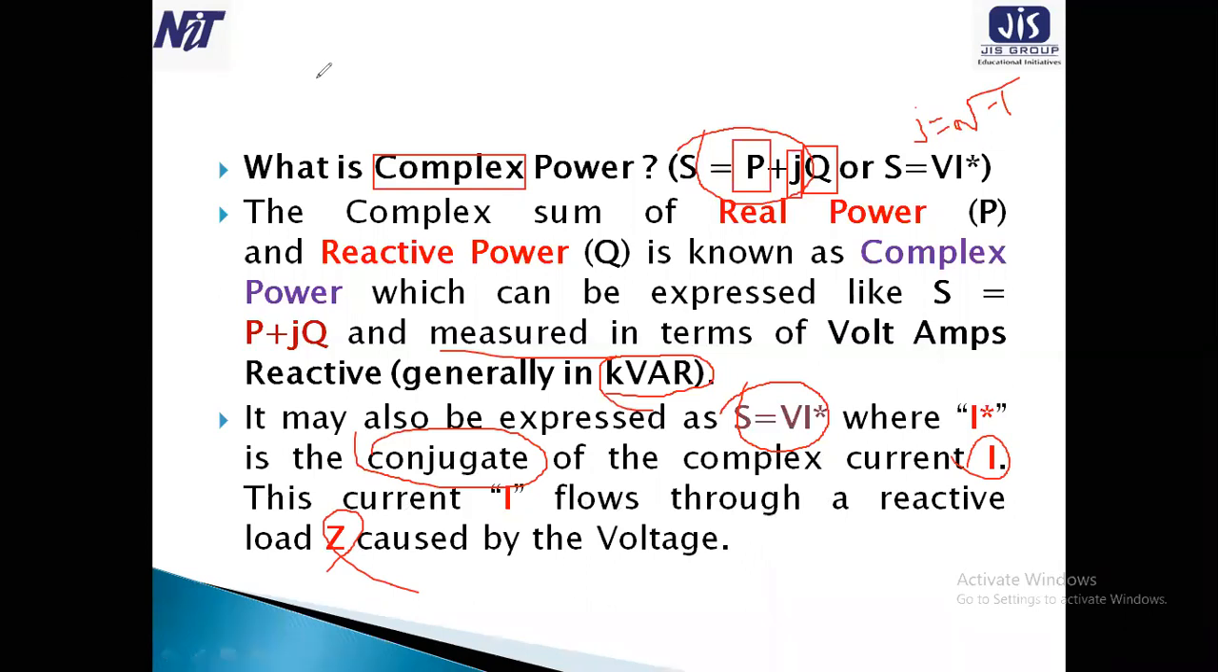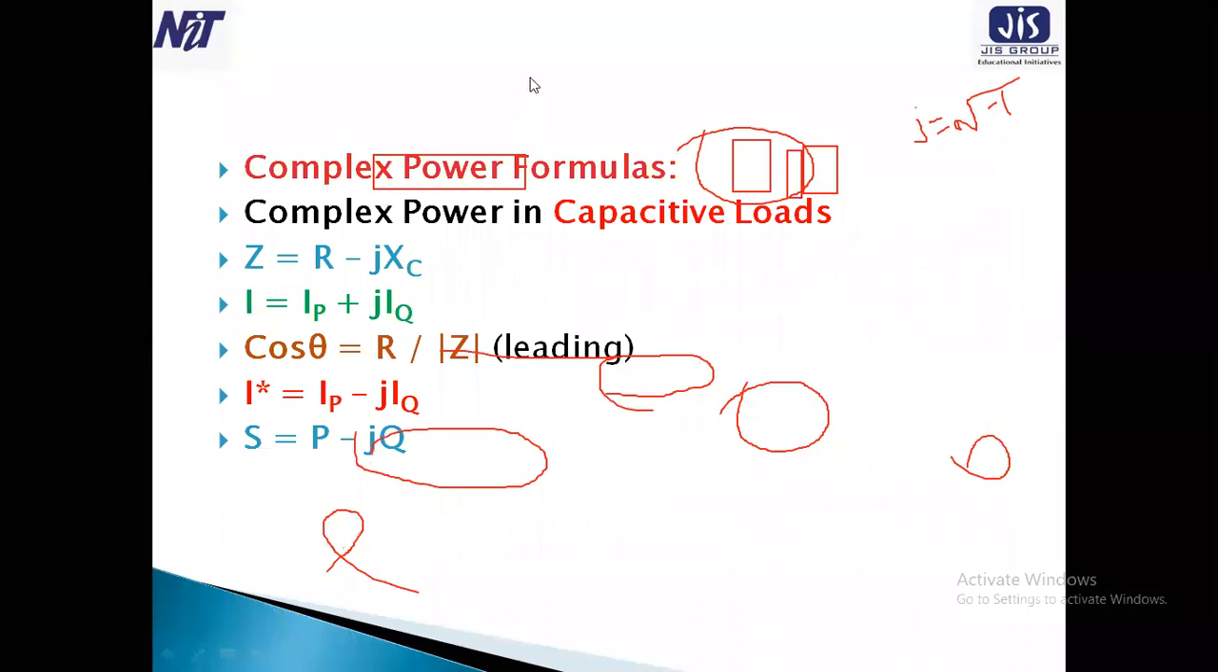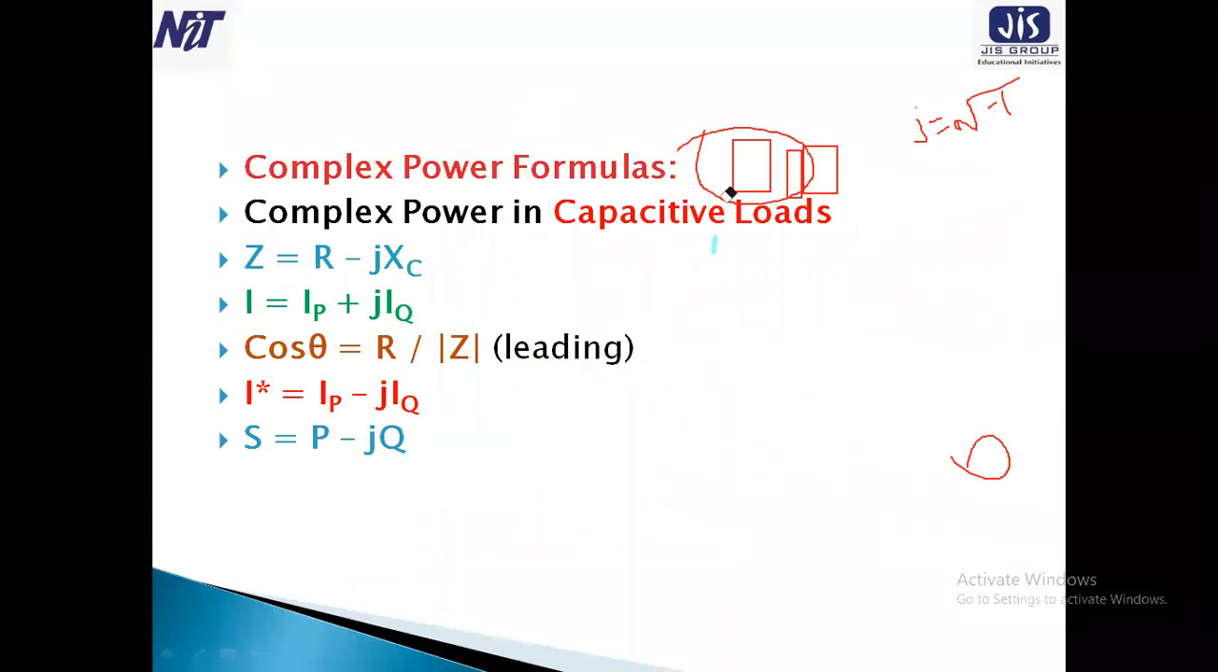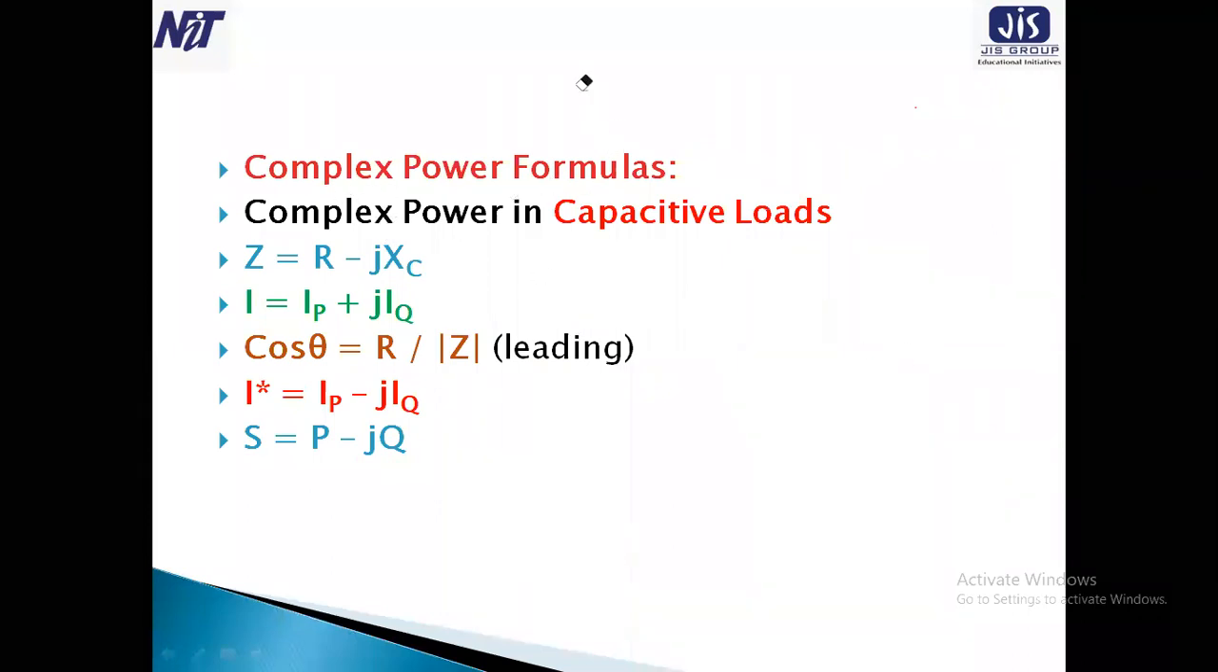So here, if you follow this one, then the complex power formulation. Now let me show you complex power in a capacitive load. Z equals R minus JXC. For a capacitive load, it is Z equals R minus JXC. You already proved this. And I equals IP plus JIQ. IP is the real power current plus J times the reactive power current. So cos phi equals R divided by Z when it is leading. So I star is IP minus